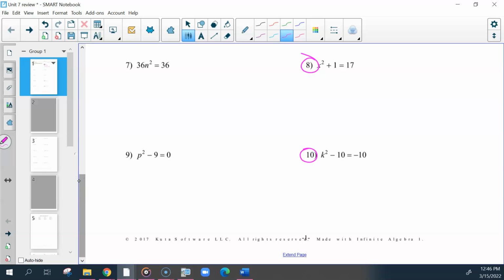For 8, and anything like 8, if there's anything next to x squared, you need to solve it. Add or subtract. Divide if there's something next to x squared, so we would subtract. Now there's nothing next to x squared, so we would take the square root of both sides. Plus or minus 4, and our solution set would be negative